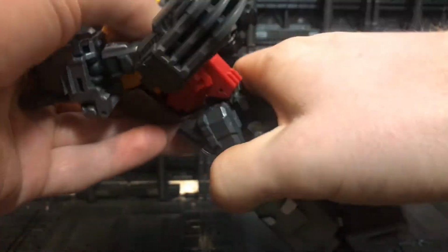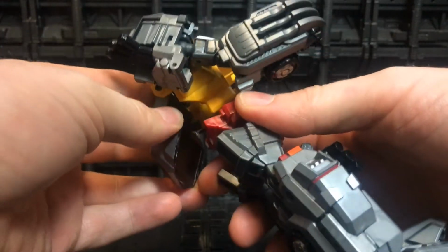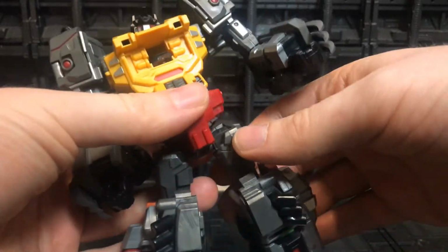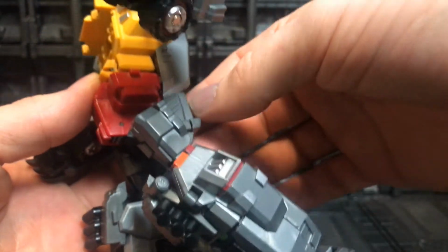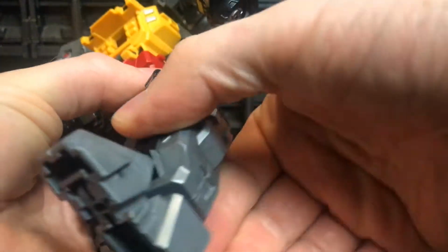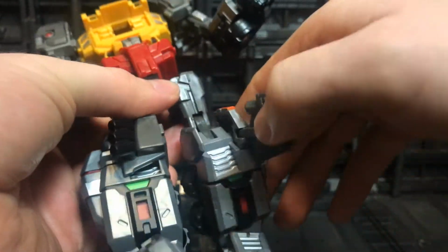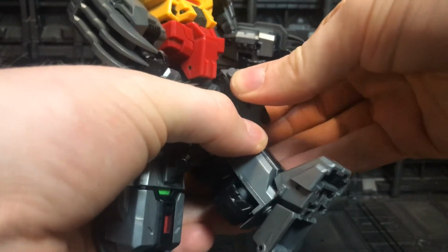Everything is impacted by this cockpit, so you can get some hip swivel if you release the cockpit and then hip swivel. Otherwise you ain't getting any hip swivel from this figure at all. Then legs are pretty nice. Legs at the hips are okay on forwards, but unfortunately at the back again it's impacted by this cockpit. But you do get a nice knee bend here, front and back knee bend, so you can overextend it towards the front. If you need more, you can move out these little pieces here,